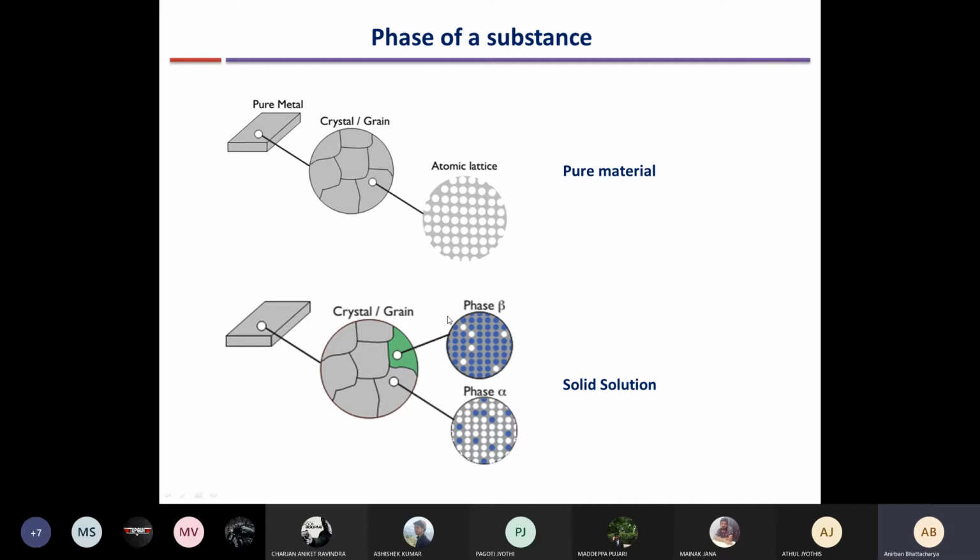When we talk about alloys, like phase alpha and phase beta we were discussing, in phase alpha, the atoms of A are very prevalent, and a few of the atoms of A are replaced by atoms of B, as I was discussing a few classes back. So a few of the atoms of A are displaced with atoms of B. It forms a solid solution, which is basically an alloy, with a high composition of A, so it is called alpha. Similarly, if the atoms of B are prevalent and a few atoms of B are replaced by atoms of A, this forms another alloy, and this is phase beta.